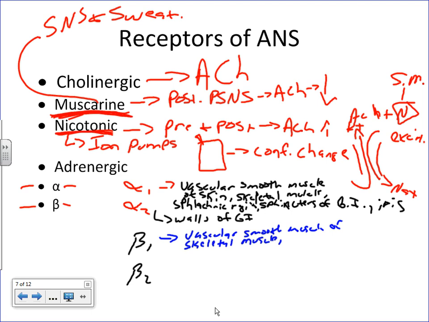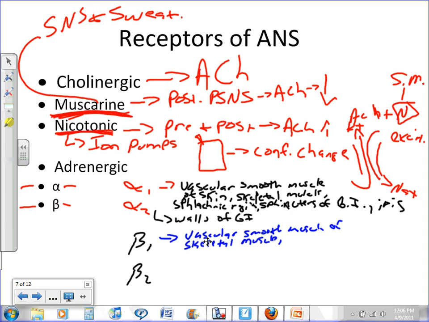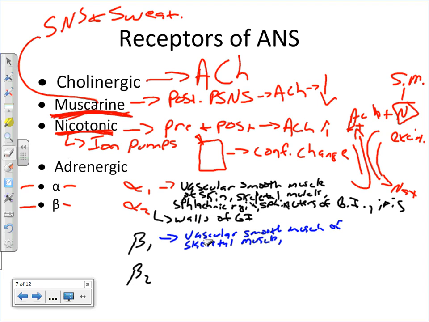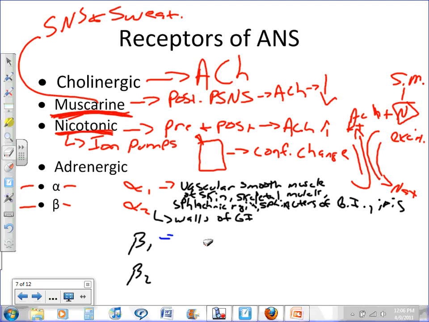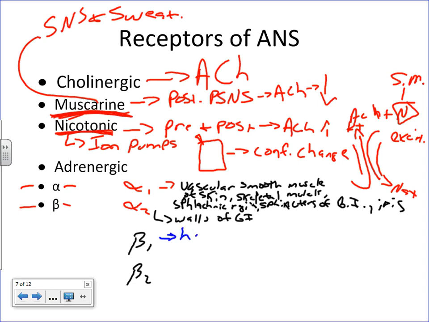Now, brain and pen are not working in synchrony. Beta 1 receptors are going to be found in the heart. My apologies on that, folks. They're going to be found in the heart, primarily on the SA node. I was looking at my notes wrong. Sorry about that. The AV node,